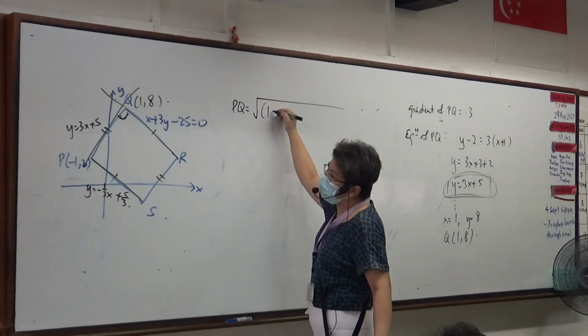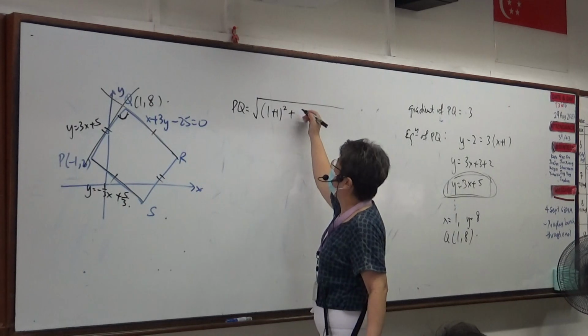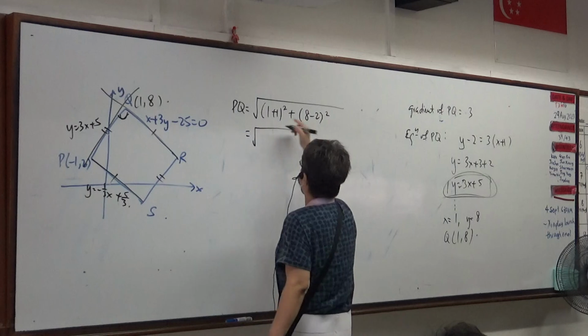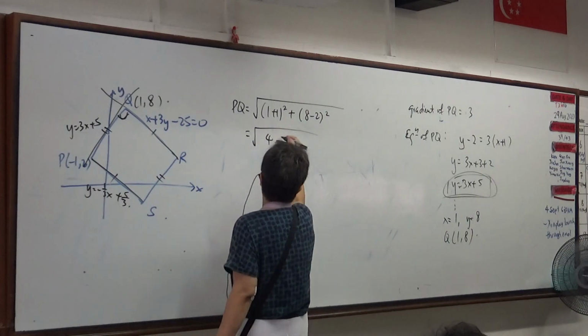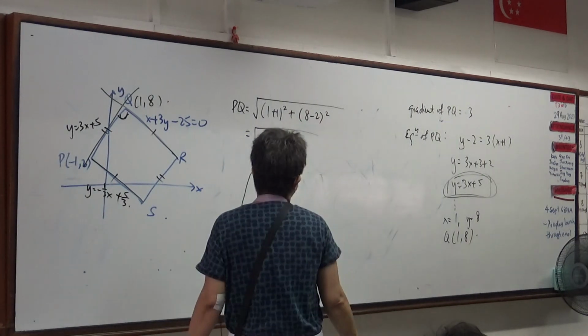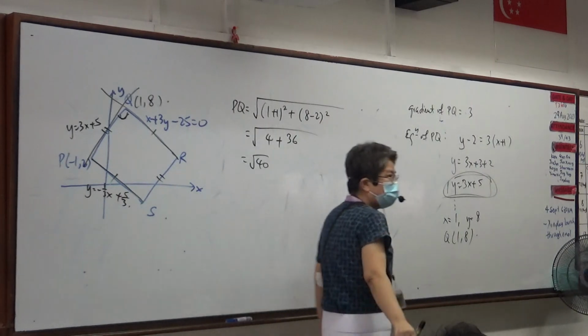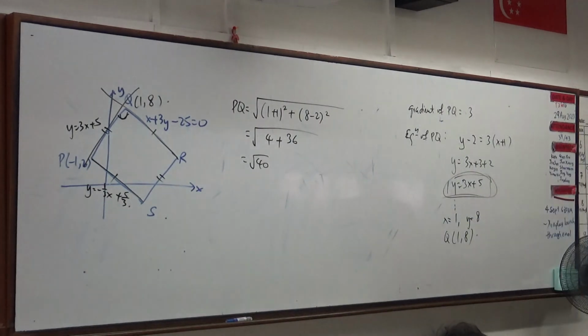(1 plus 1) squared plus (8 minus 2) squared. So this is the square root of 4 plus what? 36. So this is the square root of 40, correct? I'm talking to you. Yes or no? Square root 40. Don't have to go and simplify it now. Just put square root 40. Okay? Now,